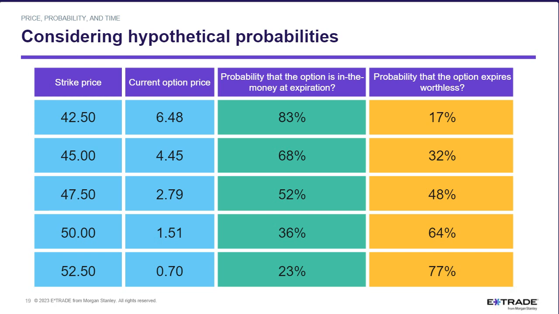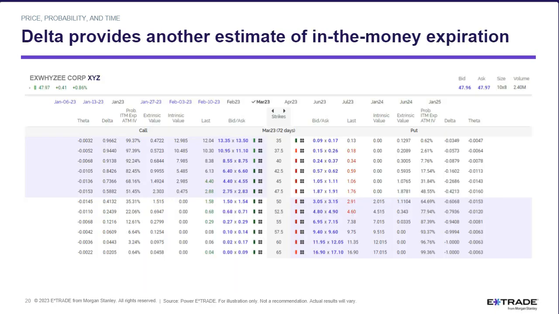There's another way to think about probability. And so here I'm going to introduce one of these areas where I'm pushing us a little bit. The term is called delta. It's derived from an option pricing model. We don't need to go into that. We're going to talk about it in its most simple way right here. And it is simply a number that